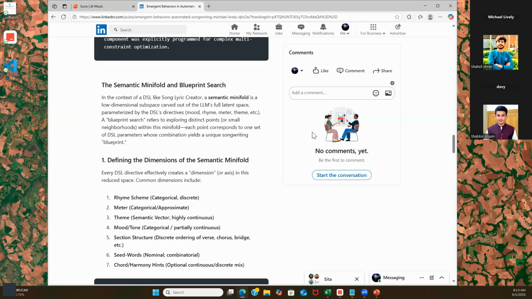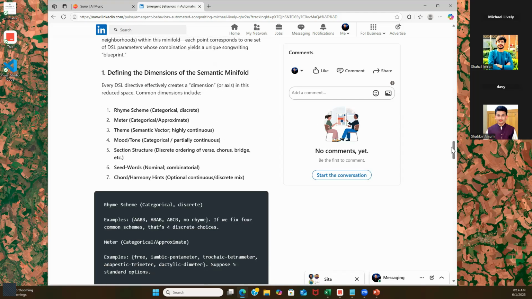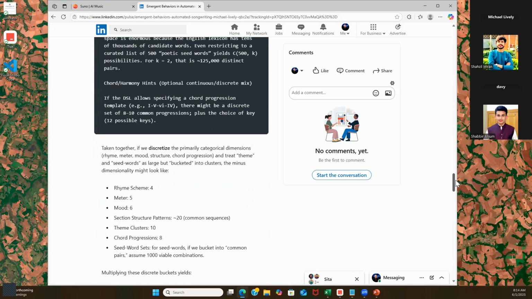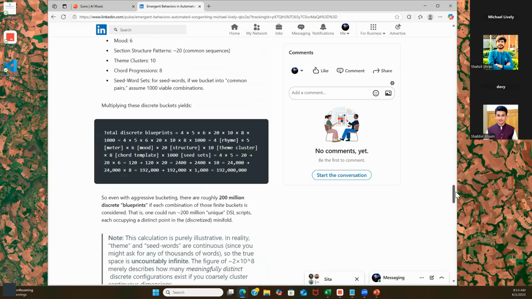I built on what I call a semantic minifold. A semantic minifold projects from multidimensional into a lower dimensional space. The key thing is that we've been able to jump over trillions and trillions of parameters and create a space that's semantic and makes sense. Every point in this multidimensional space is actually a song or a lyric, so you're building blueprints for lyrics. In this particular case, the potential number of blueprints was, I think, 192 million. For every topic you might put in there, you have 192 million blueprints.